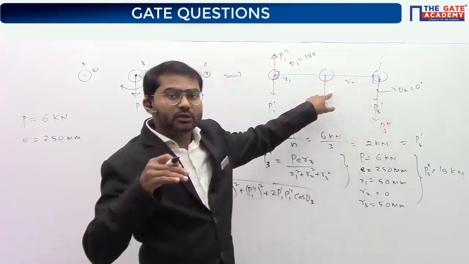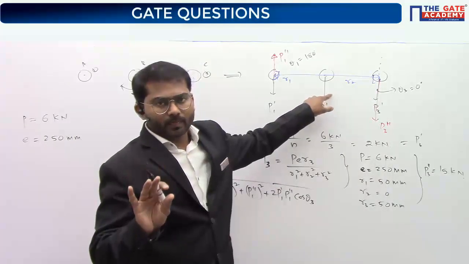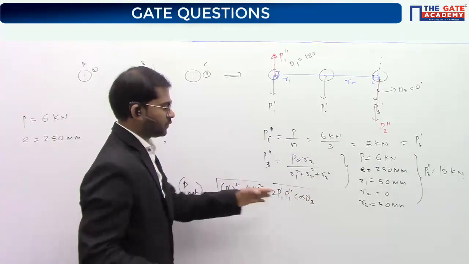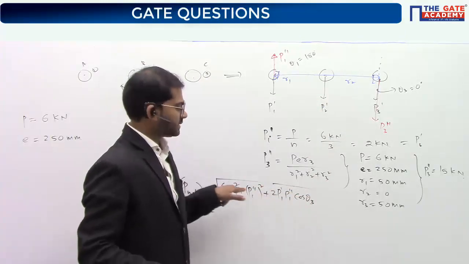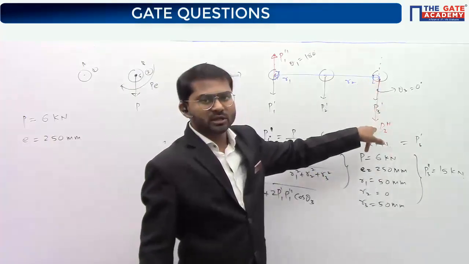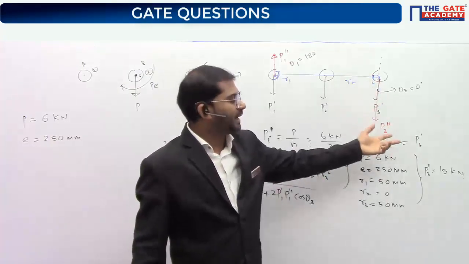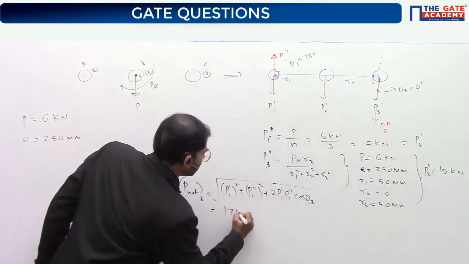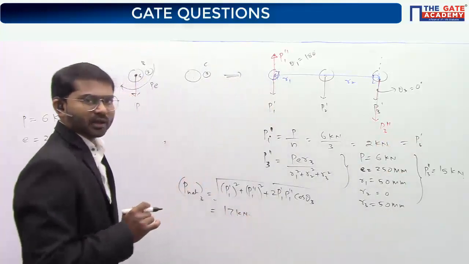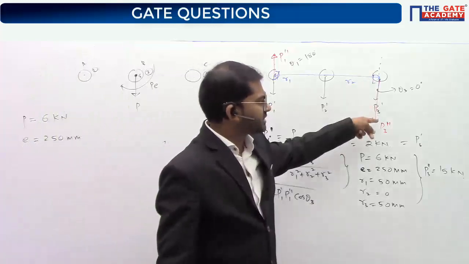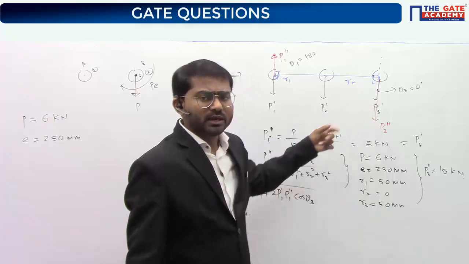But here theta 2 cannot exist at all. Understood? So if you substitute in this, you can substitute cos theta 3 as 1 and get the value. Or simply you can say that there are two forces acting on this, both acting in the same direction, so simply add it up. 15 plus 2, 17 kilonewton. So whether you apply this formula or just understand from this diagram itself, that gives you the same answer.